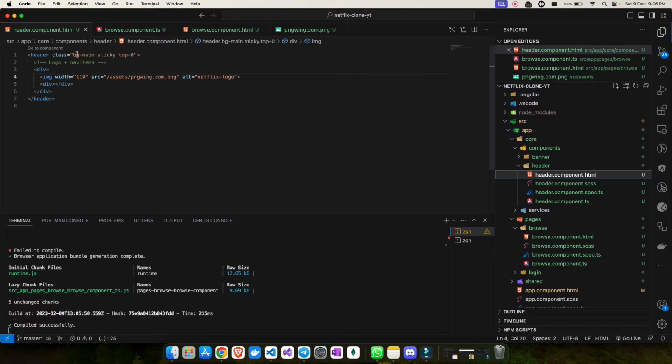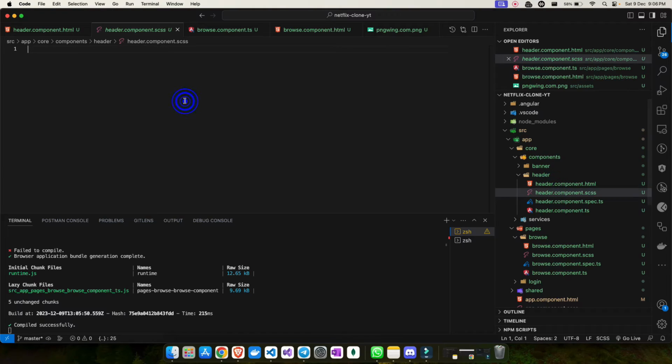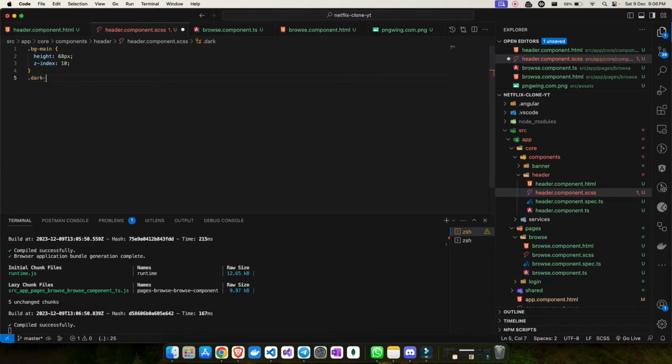As you can see, there are two ways by which we can do it. First, let me show you the way we used to do in CSS. For BG main, let me create a class BG main. Okay, so BG main is created, and what we'll do, we'll give it a height of 68 pixels, and let's give it a z-index of 10 at the moment. Save the changes, and now I had one more, which is dark nav. So I'll say dark nav, which is my black navigation panel, that's why. So let me give a